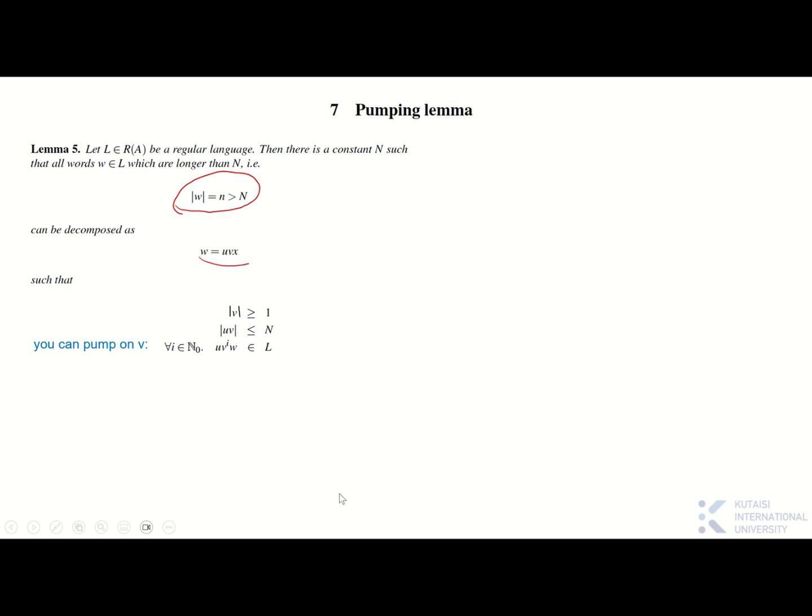So do we understand what it says? What this says is, if you give me a regular language L, it comes with a number n. n is some particular number, and every language comes with one, so it depends on your language L. So I will write it this way. Then any word